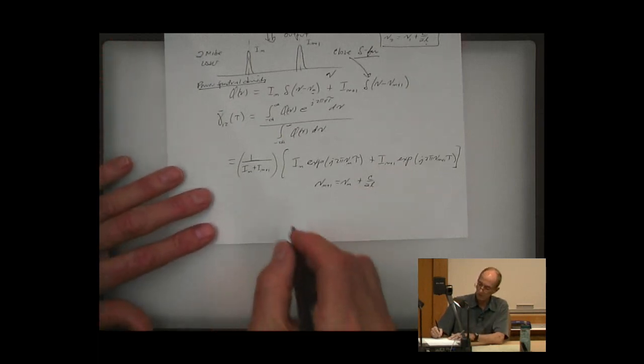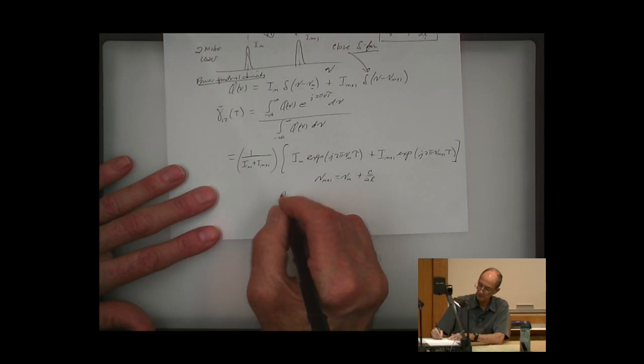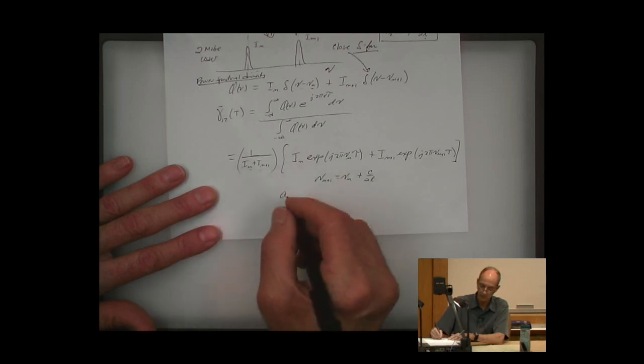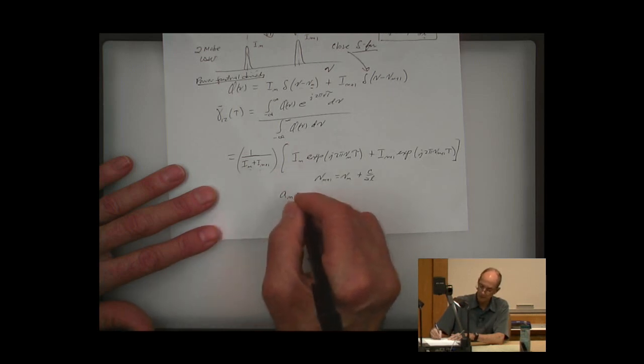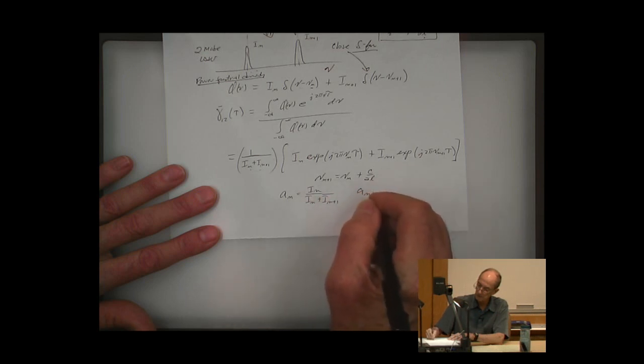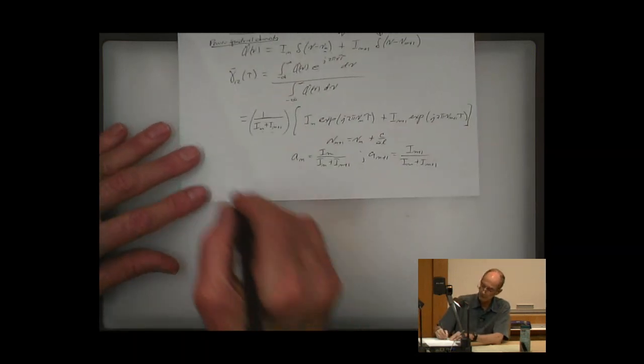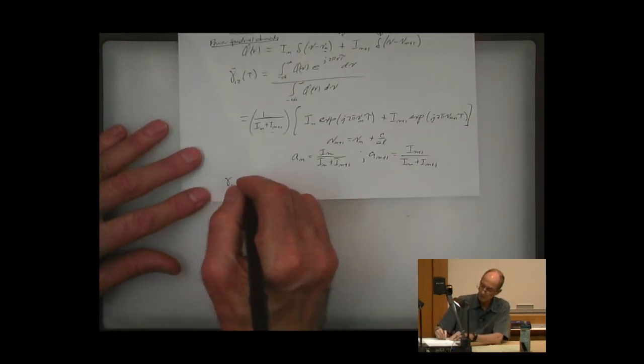And if we also write these intensities as normalized functions, with a sub n equal to I sub n over I sub n plus I sub n plus 1, and a sub n plus 1 equals I sub n plus 1 over I sub n plus I sub n plus 1, we can write this gamma 1, 2 of tau